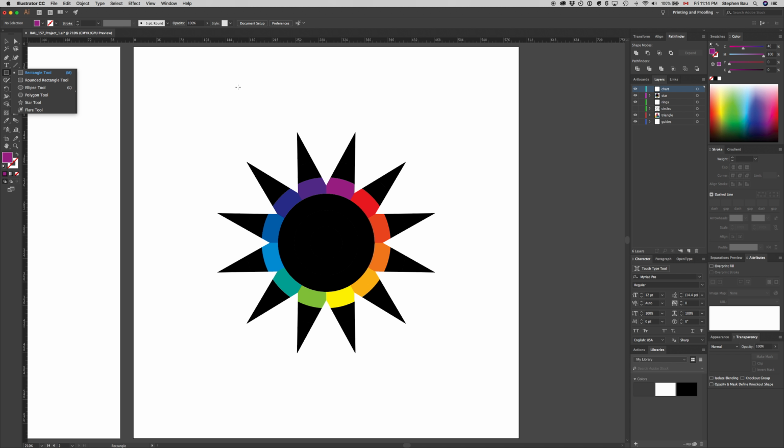So I'm going to create a rectangle 25 points wide and 12 points high. So I can click anywhere. I'm going to click down here, and here's my rectangle tool where I type in 25 points wide and 12 points high. Click OK,